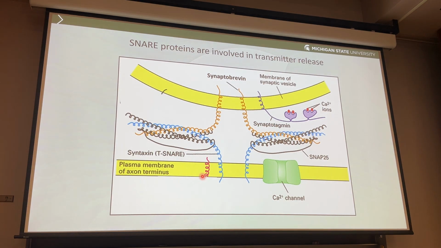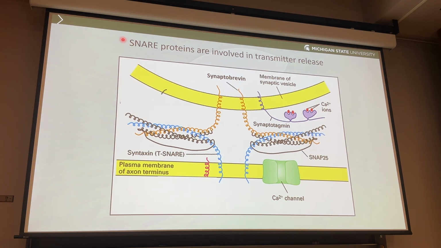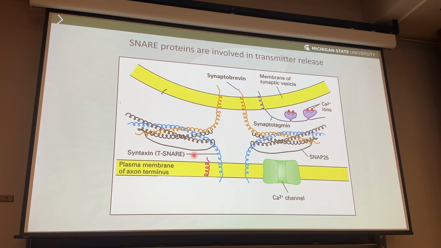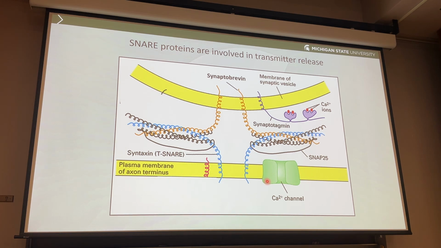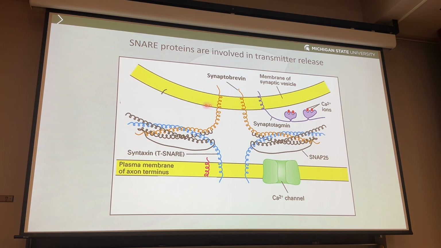So, how this happens is through these SNARE proteins. Now, don't bother to memorize all the names of these, it's not important. Just know that there's SNARE proteins, all right? SNARE proteins are bound by calcium. Calcium channel opens as a result of the action potential reaching the terminal of an axon. They open, allow for influx of calcium, and as you can see here,